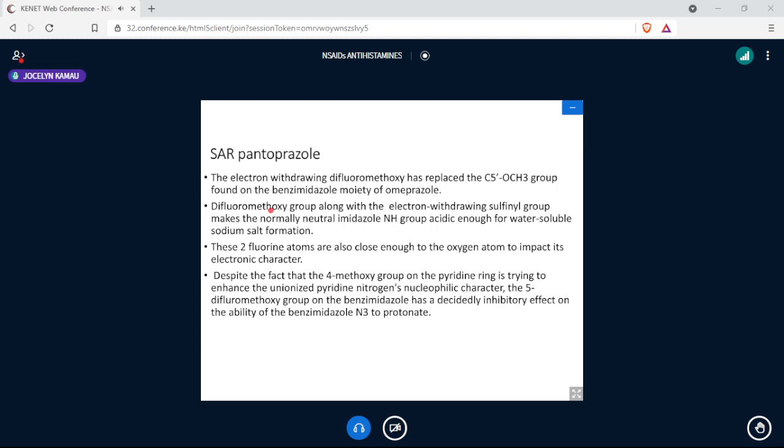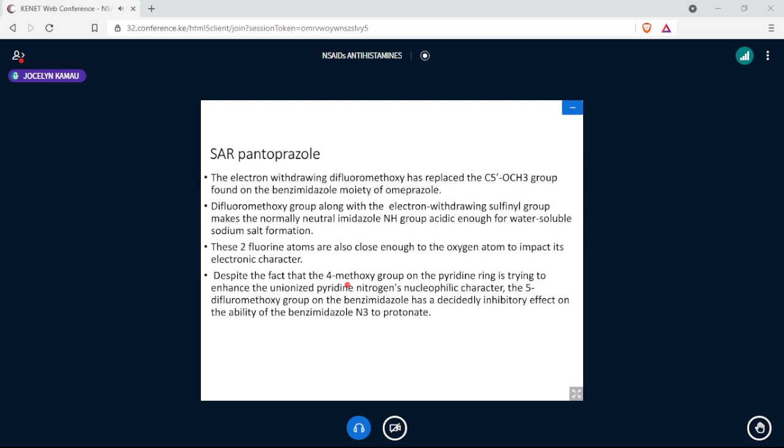We are saying this difluoromethoxy group, rather than being an electron donor like the methoxy group found in omeprazole, is more or less an electron withdrawing group, because as I have said, the oxygen is too close to a very, very powerful electron withdrawer, the trifluoromethane group. These two fluorine atoms are also close enough to the oxygen atom to impact its electronic character,